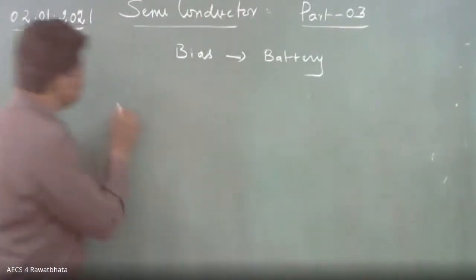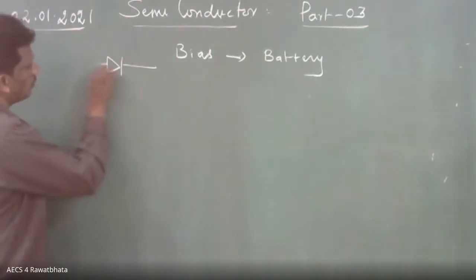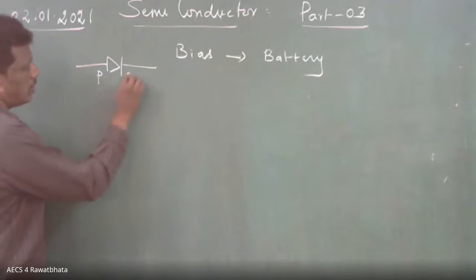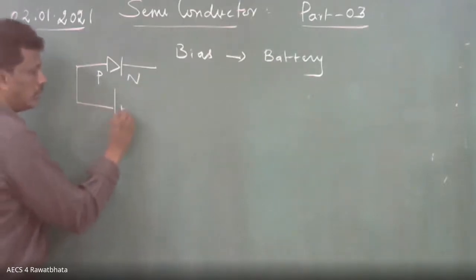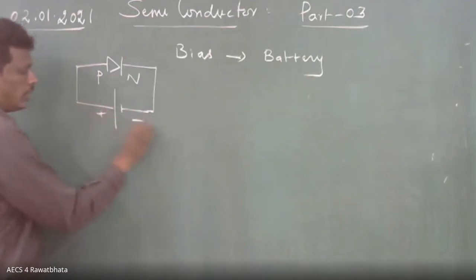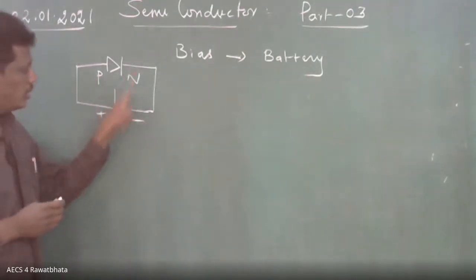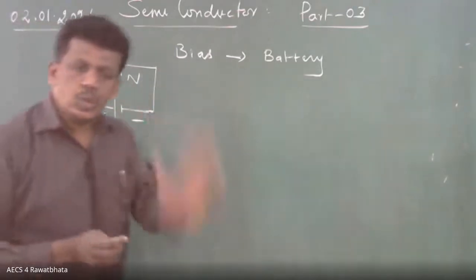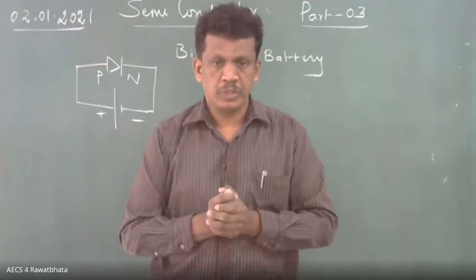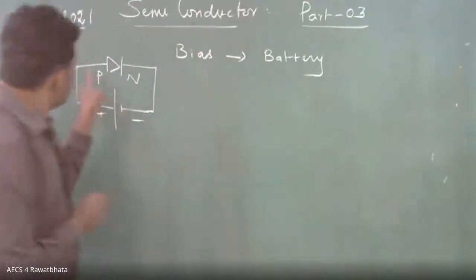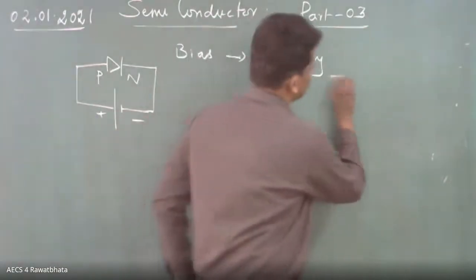Suppose I draw here the diode. What is this region? P. This is N. So P region with positive, N region with negative. You see, P region with positive, N region with negative. This connection, what do you say? Forward bias. Suppose P region with negative, P region...